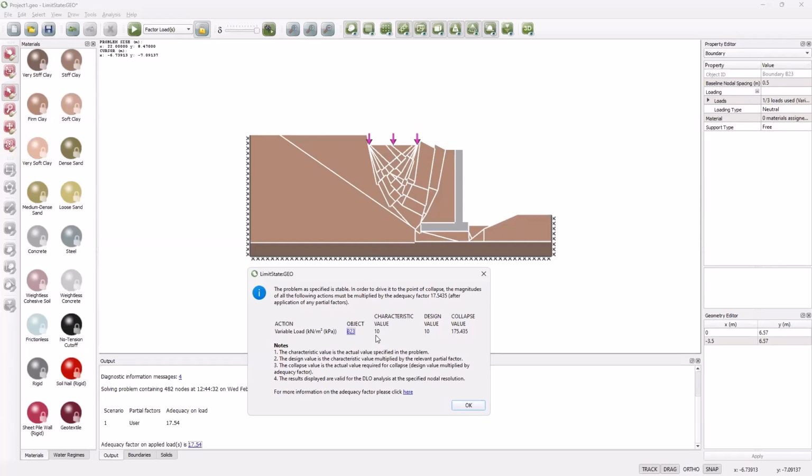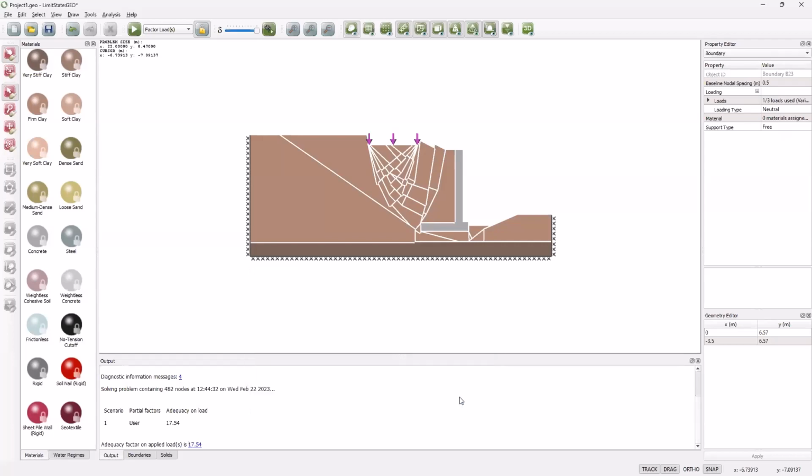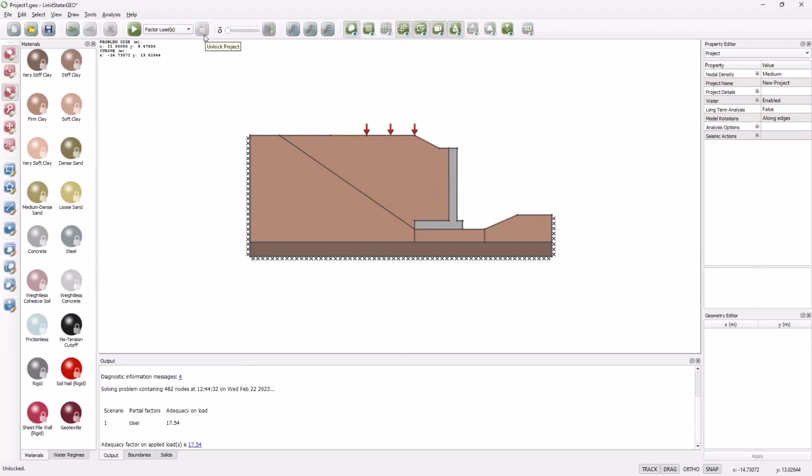For this particular problem, for an undrained analysis in these clay soils, we have to make it 17 times bigger to get to collapse. So it then has to have a load of 175. So we've got a very large margin of safety in this particular case. So hopefully that's given you a brief illustration of how we can import a model and quickly add boundary conditions